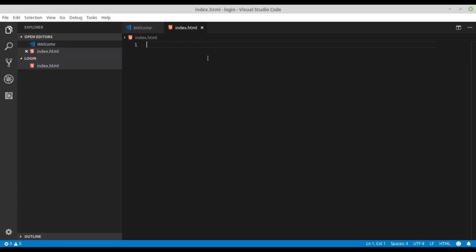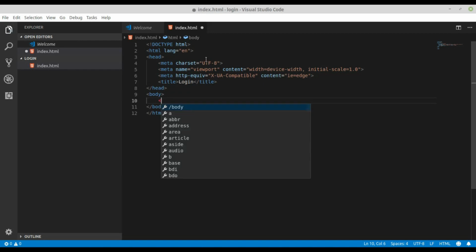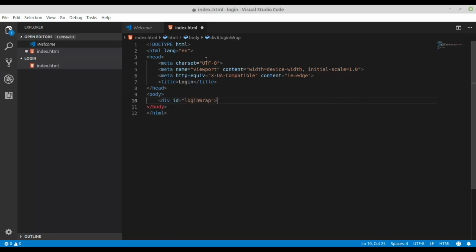Okay, we have this index.html file, so we need to make some structure for this, and login, and just some division ID, login wrap, and I will use dot form field field,